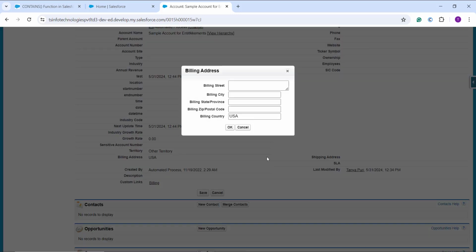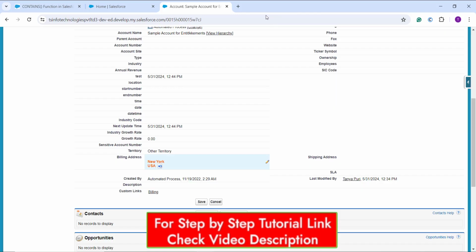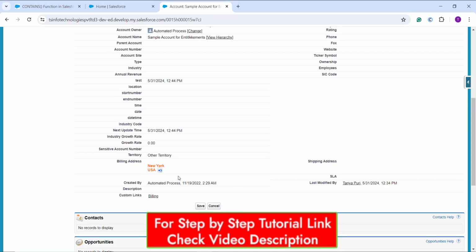Okay, let's just edit it again. So we have to put the state here. So I am entering the state as New York. So let's enter here and click on the OK button. And after that I click on the Save button, and once I click on Save, you can see that